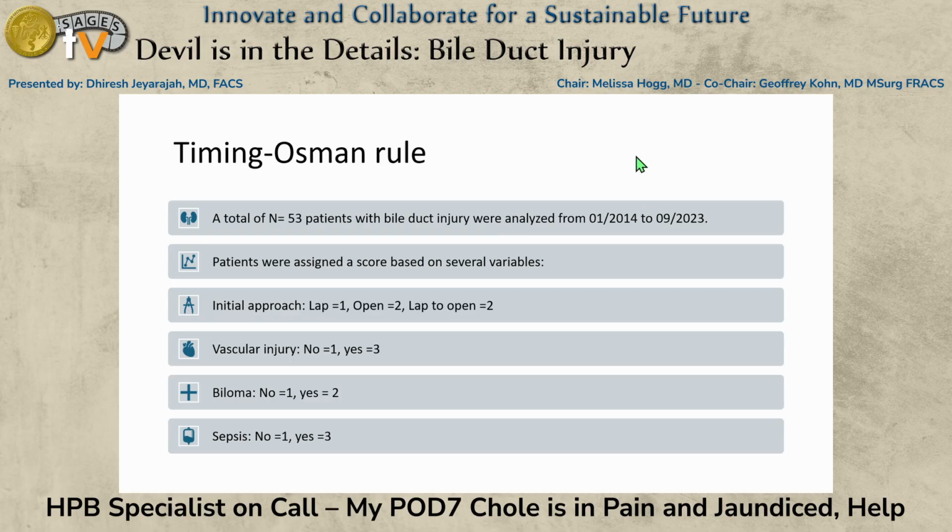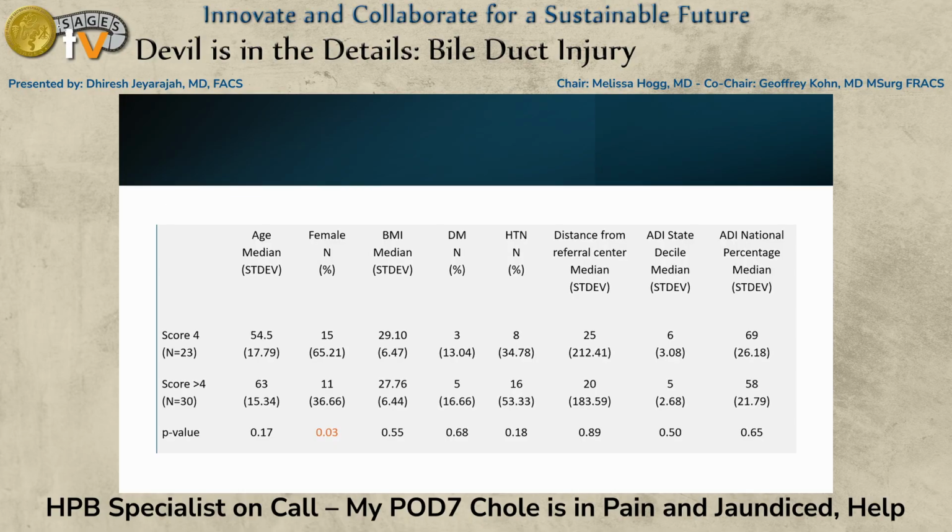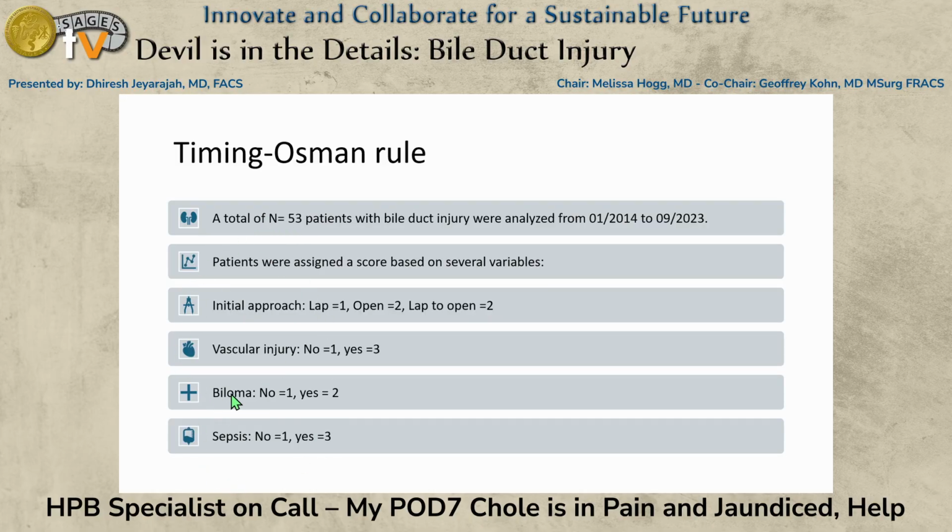So this is my partner's rule, and it was alluded to in the previous talk, and we looked at our last 53 patients. We look at lap versus open, vascular injury, and biloma and sepsis, very similar to the last speaker. What we found, we tend to be very aggressive about early repair or repair at transfer because I think from a medical legal standpoint, this is really helpful. And what we found was basically a score of 4 or greater than 4. Again, none of these would give you a score of